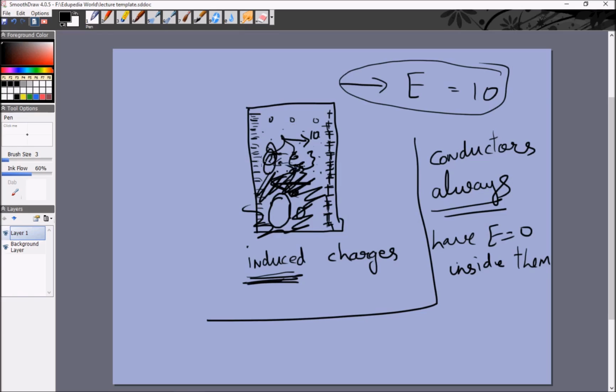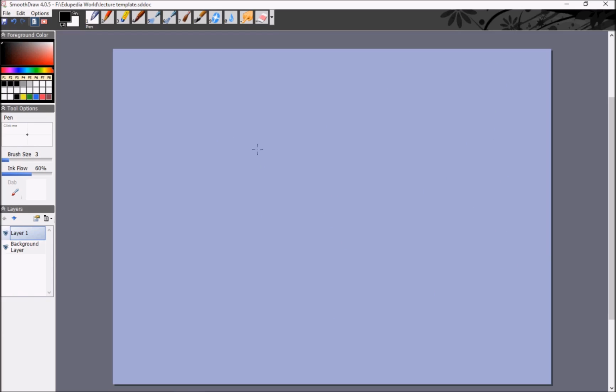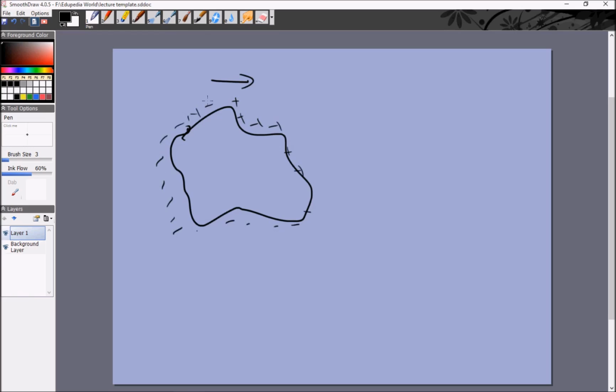Right. Now this has some other special properties as well. We've taken this to be a rectangular slab, but actually it could be any piece of conducting material. So if this is some piece of conducting material and we put it within an electric field, then there will be maybe positive charges, negative charges, a whole sequence of randomly induced charges will be created, and those patterns will be such that the electric field inside will be 0